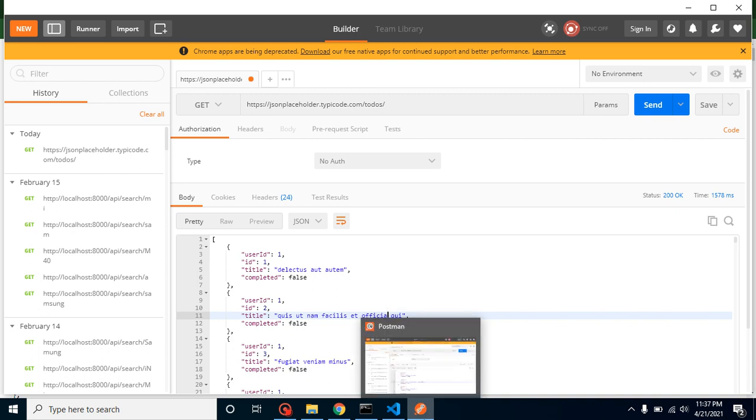So why do we need to test this API? You may have another question. The reason is, let's say you are integrating an API in any front-end technology like React or Vue or Angular, and at that time you are facing some error. How will you know whether the error is from your side, or maybe the API is not actually working?